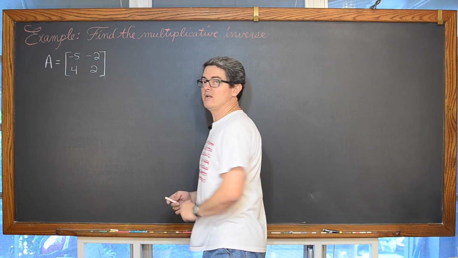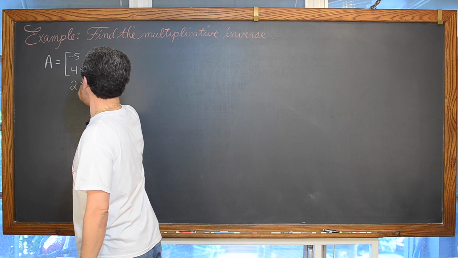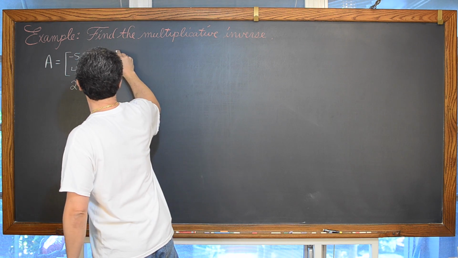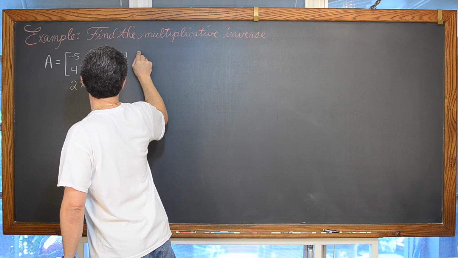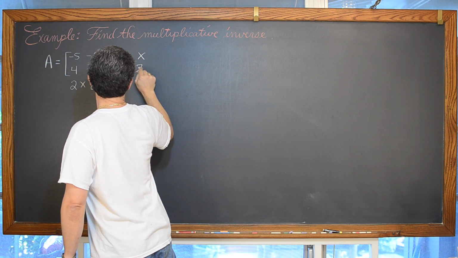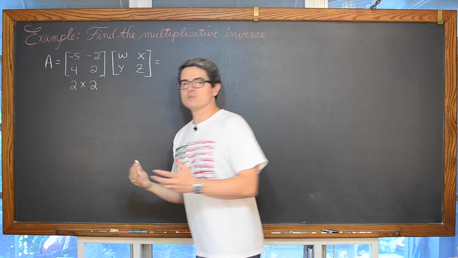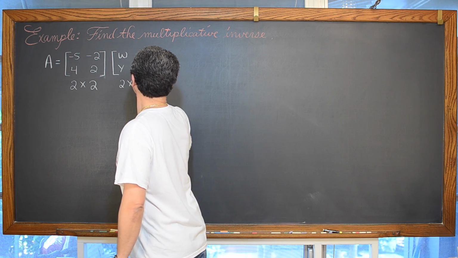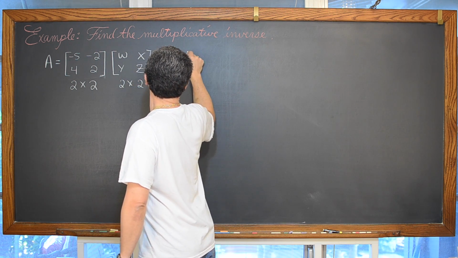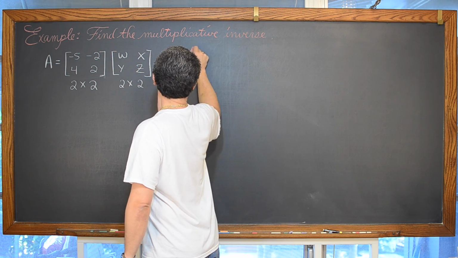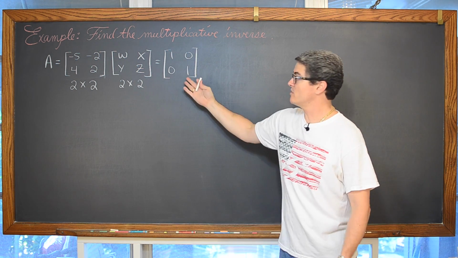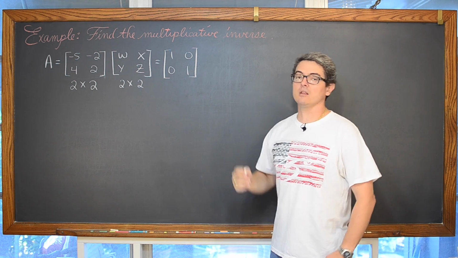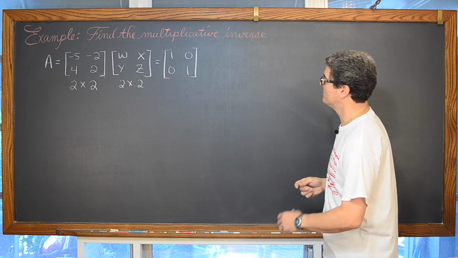So this 2 by 2 matrix, again it's square, has to get multiplied by another square matrix of the same order. And when you multiply those two inverse matrices, you're supposed to get the identity matrix. So another 2 by 2 matrix, only now the diagonal is all ones and every other element in your matrix is equal to 0.